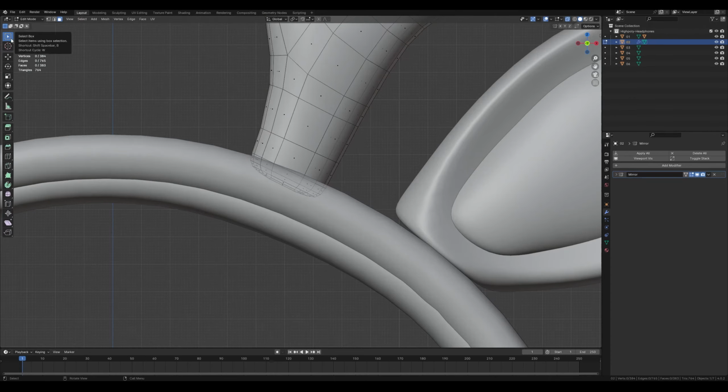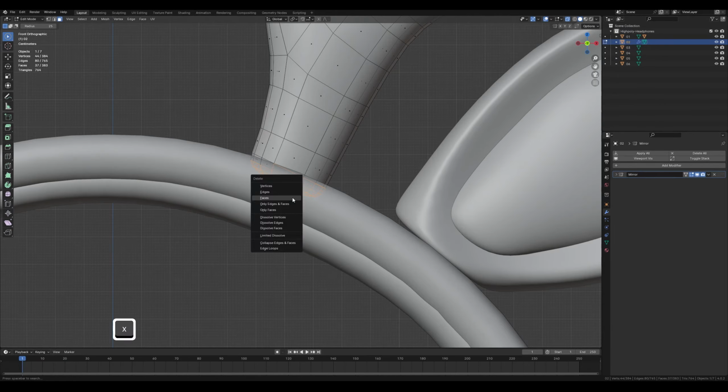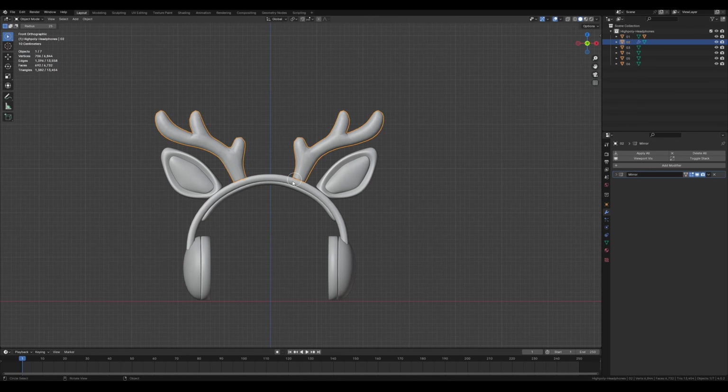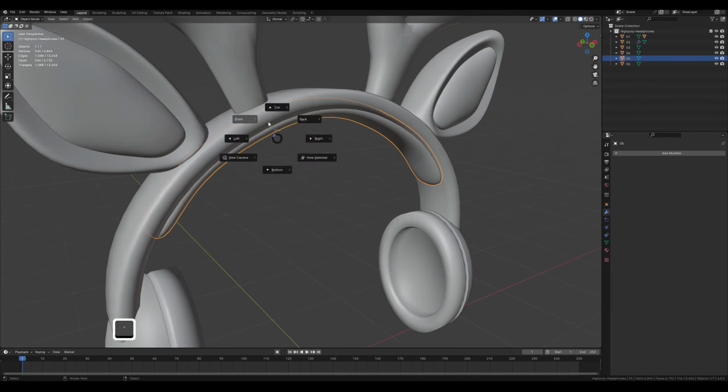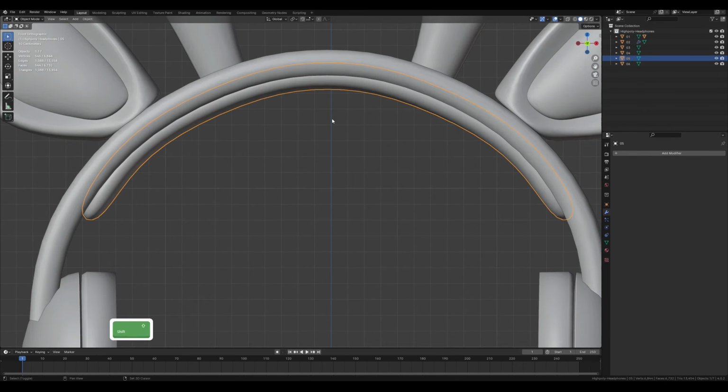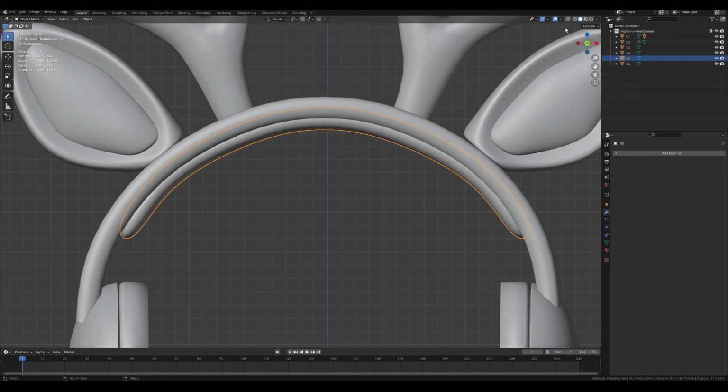We also don't need this part. We can go here and press select circle. With face selection, we can just select these faces and press X and delete faces. And we deleted the hidden faces. This part is also poking into the other face. For this one also